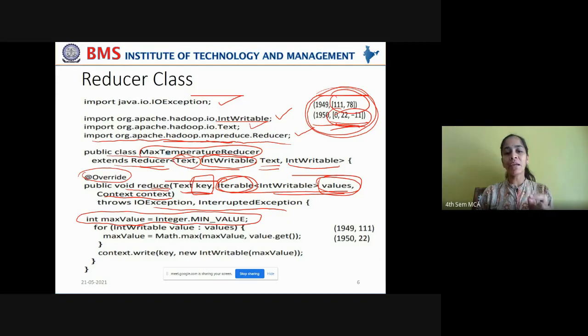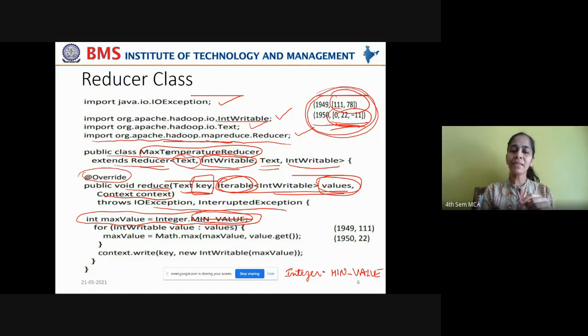So try to assign the so far maximum value to the least of integer values. So what is the minimum value here that we are assigning? See this carefully. We are taking the integer wrapper class's most minimum value that is possible.